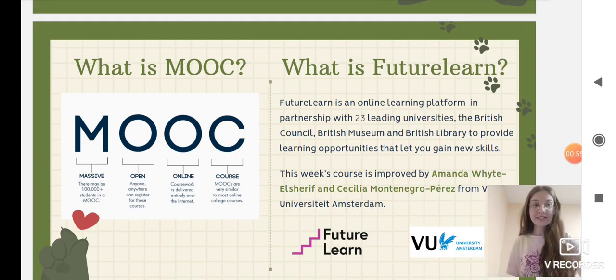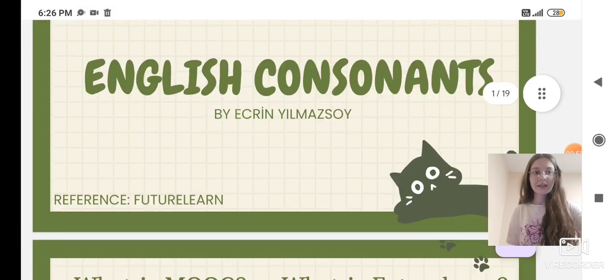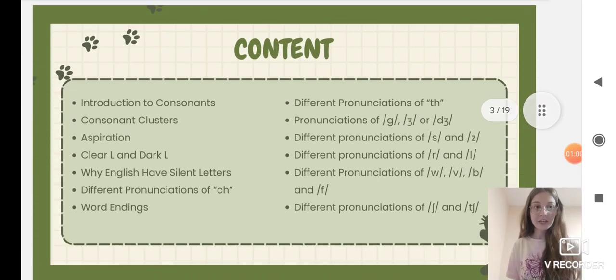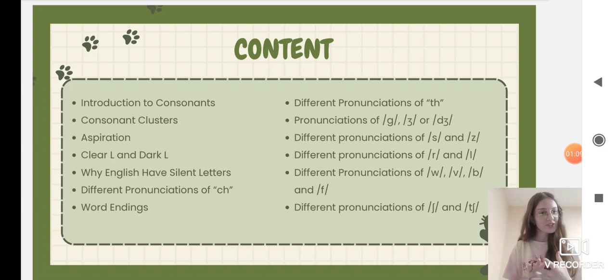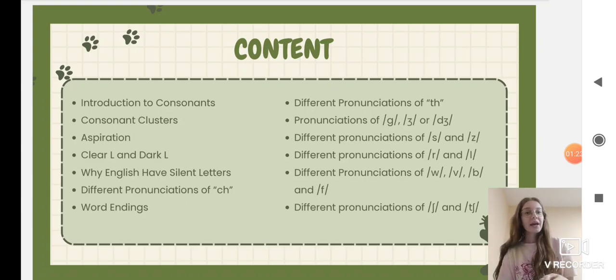So, let's start with our topics. First, let's look at our content table for this week. First, we will talk briefly about English consonants. We will have an introduction to consonants. Then we will talk about consonant clusters, then aspiration. Then we will see the difference between clear L and dark L. Then we will talk about why English has silent letters. Then we will look at different pronunciations of ch, and we will see some different word endings in pronunciation. Then we will also see some other types of different pronunciations,